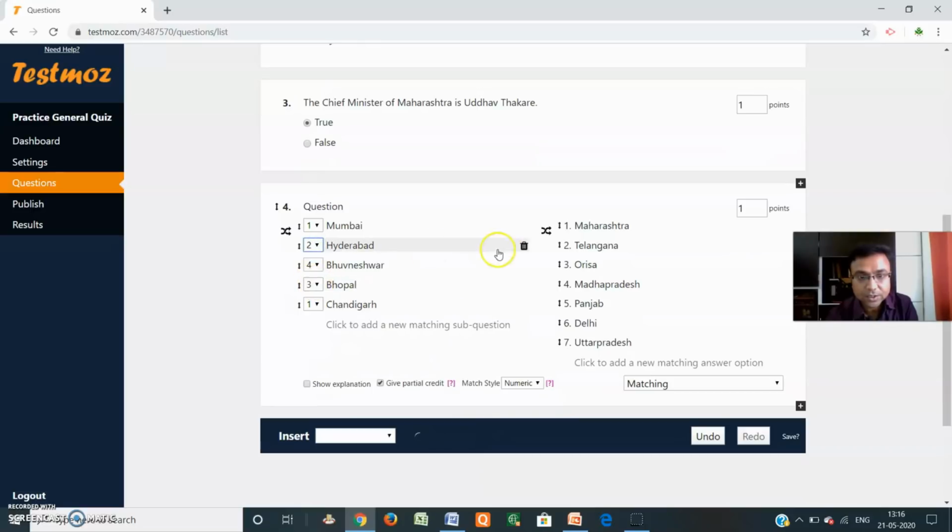Then this is the second question for Telangana. Third for Bhubaneswar, Bhopal is four, and Punjab is 5. So this is 1 2 3 4 5 6 7, and suppose there are 5, so you can give the marking here, that is 2 points. So this is the match style, which is numeric or text. So just give the number, or here show explanation, give partial credit also, and matching.